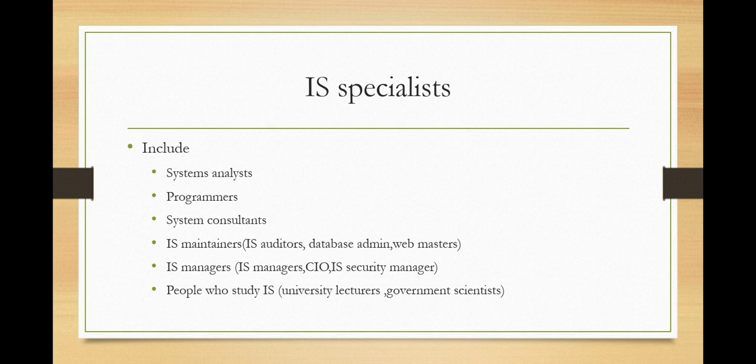Again, we have people who study information systems, like the one who is talking with you here now. At the university, for example, we have university lecturers, professors, doctors at the universities that teach undergraduate and graduate students, and also they do research. That means they study the use of information systems in organizations and societies, and they provide suggestions on how to improve these technologies. We have government scientists. These are the researchers and developers of information systems for homeland security, for intelligence, and other related applications.